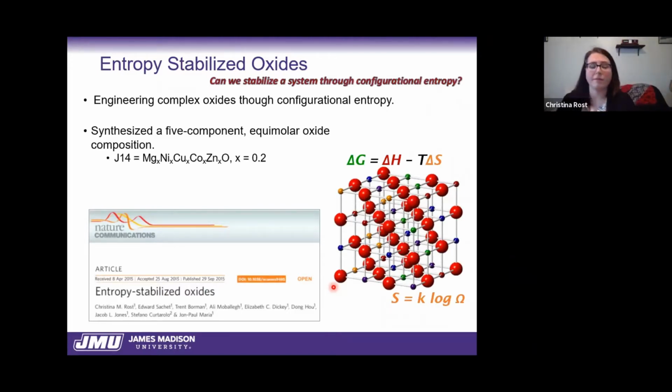With that, we synthesized a 5-component equimolar oxide composition. We call it J14, so I'll be referencing it as J14 basically for the rest of the talk. And it contains equal amounts of magnesium, nickel, copper, cobalt, and zinc binary oxides. Okay, using this as kind of our test subject,